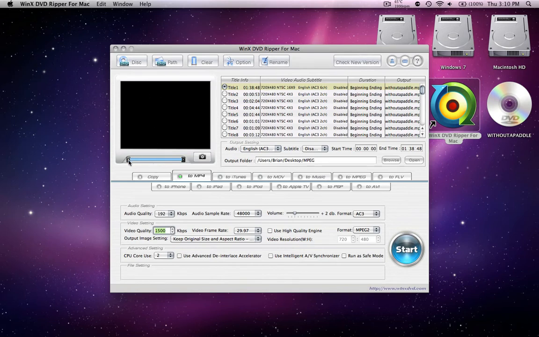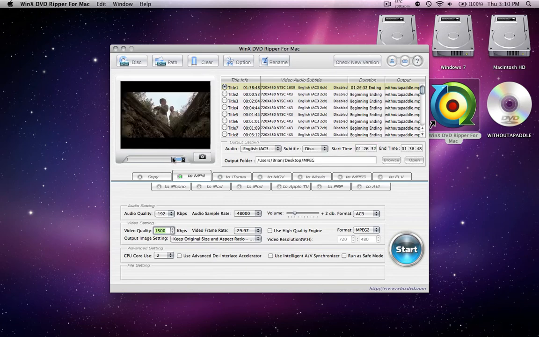This is the preview window, and this little slider here lets you choose the starting time and the ending time of your video. So the DVD is spinning up, and the paddle on the left is your starting time and the other one is your ending time. So I'm going to bring the beginning time to about right there,